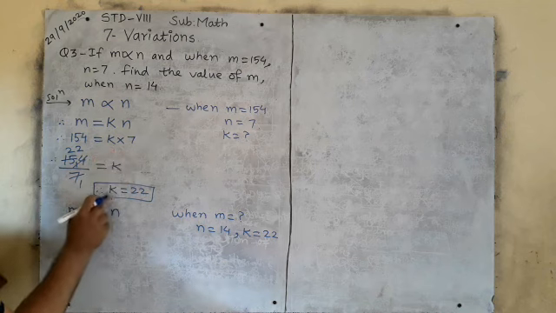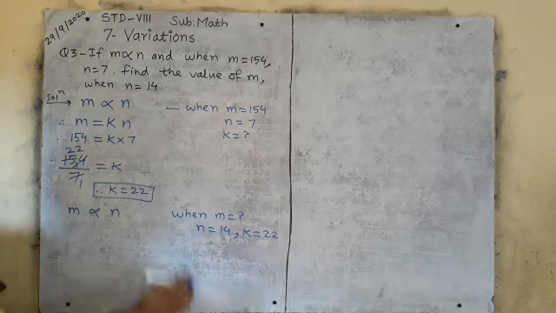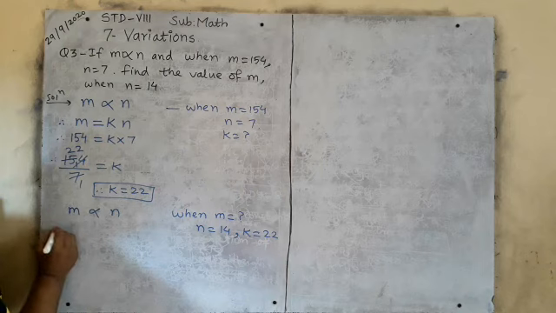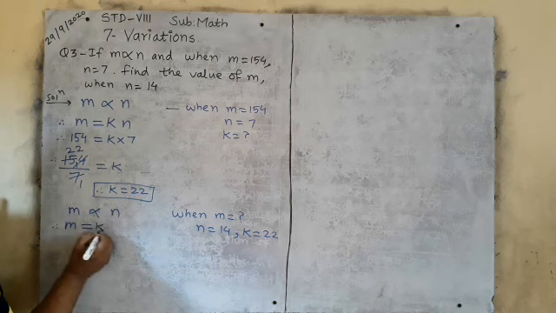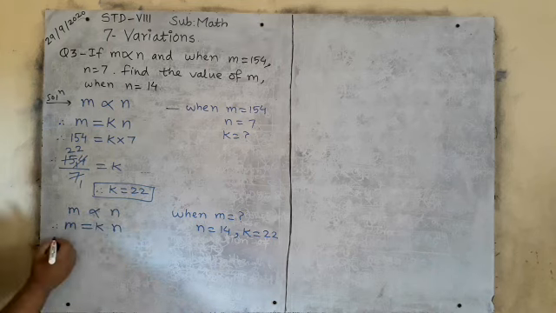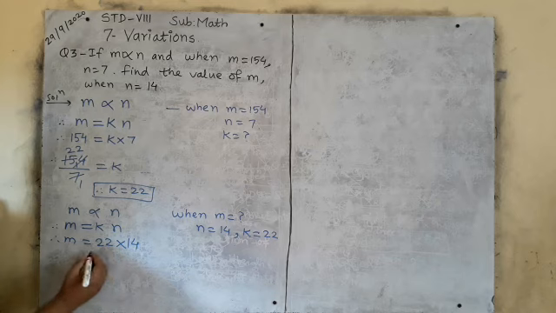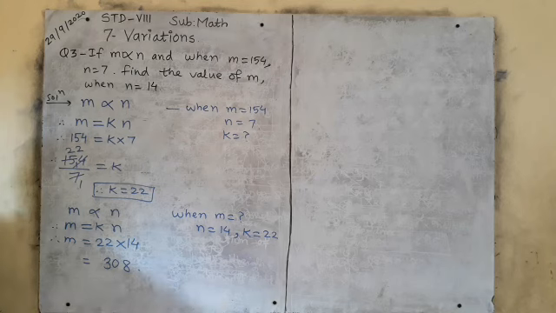In the first condition you solve to find the constant k, and in the second condition you use the k value 22 and you have to find one of the variables. Is it clear? Now you will change this into an equation. M is directly proportional to n. In place of alpha you will write equals k multiplied by n. So now put the values. M is not given, k value is 22 and n value is 14. So you can multiply by 14. 14 twos are 28, carry 2, 14 twos are 28, 29, 30, 308. Is it clear? So this is how we have found the value of m.